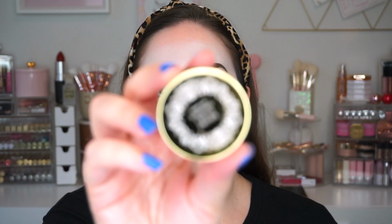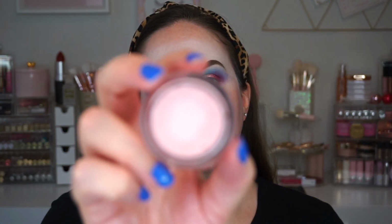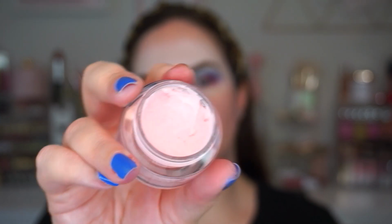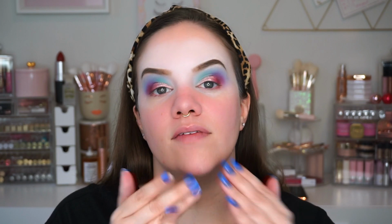We're primed. I always typically use two primers unless I'm in a rush. So this one is from Winky Lux. I love this one. It looks like it's kind of a thicker formula, but this is light as air. Whipped is the exact word to use for this one. It feels super, super light, but it does a great job of smoothing pores. So I take just a little bit, this is probably too much actually, and I start right on the nose, feeling right there, but then I also press it into my cheeks,